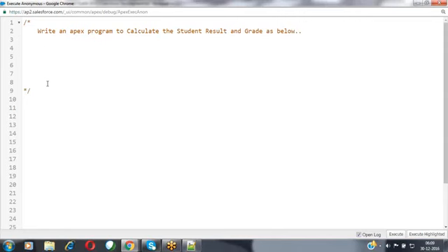So what exactly is the requirement? We have 5 subjects where the student has given the exam for the 5 subjects like maths, physics, chemistry, Hindi, and English.